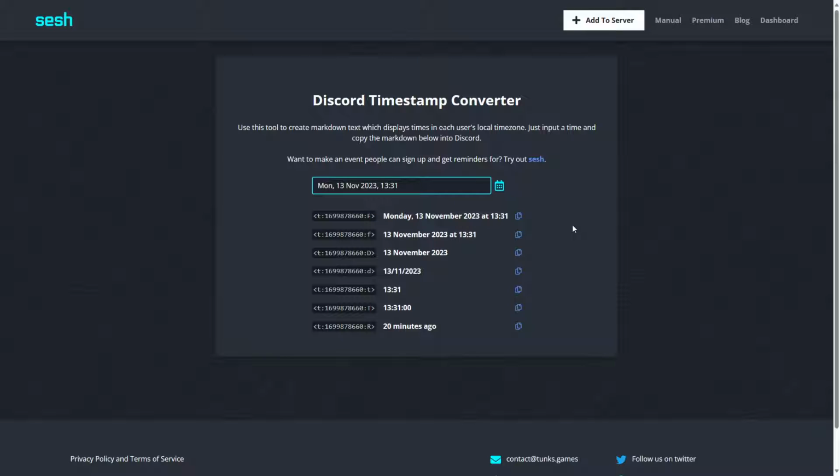And of course, I believe you can also manually adjust the time if you want to. That's completely fine. Below that you have different time formats which you can choose from, and depending on how you want it, you can simply copy the format. So over here I can click this icon, let's say, and then I will copy this code. And after that, let's go back to